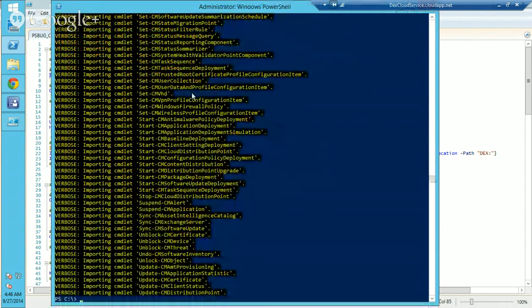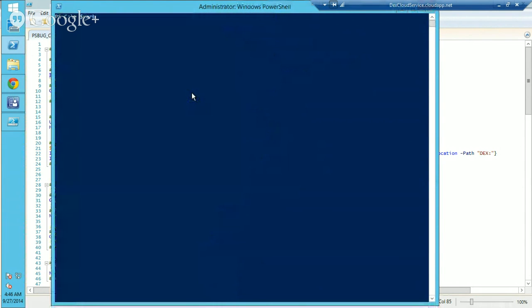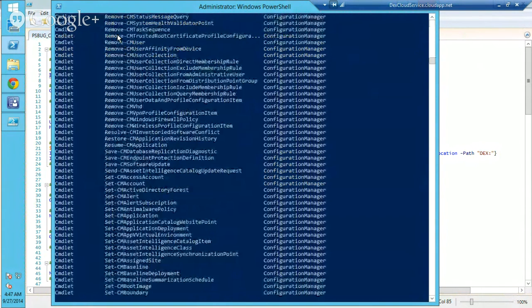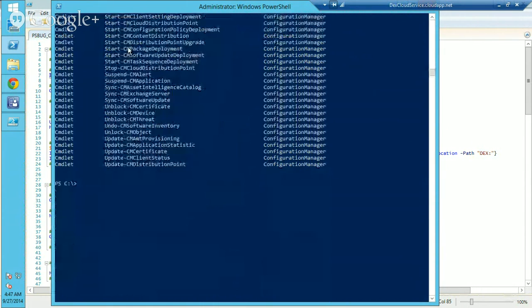I'll set the verbose preference to continue because I want everyone to see the verbose messages, and I don't want to type -Verbose every time. But the difference here is my current location doesn't change. If I want to look at all the commands supplied with the module, because now the configuration manager module is loaded, I can get all the commands on it. If you see, there are a lot of commands, and it's always a good idea to start with the get